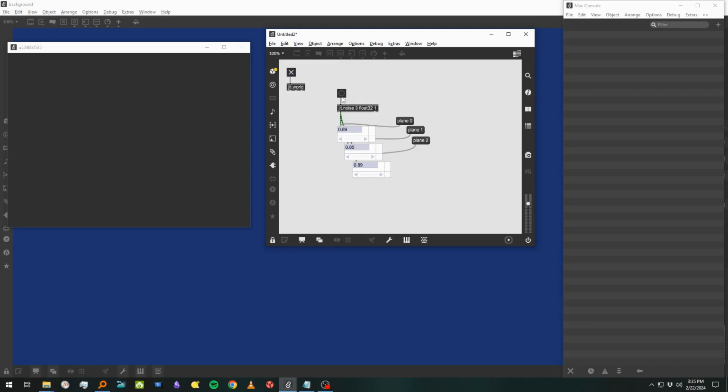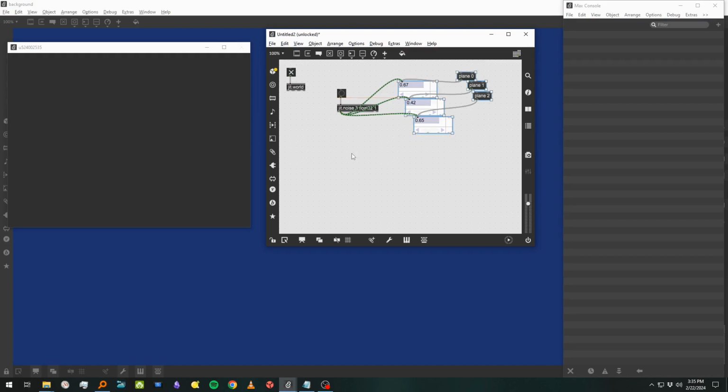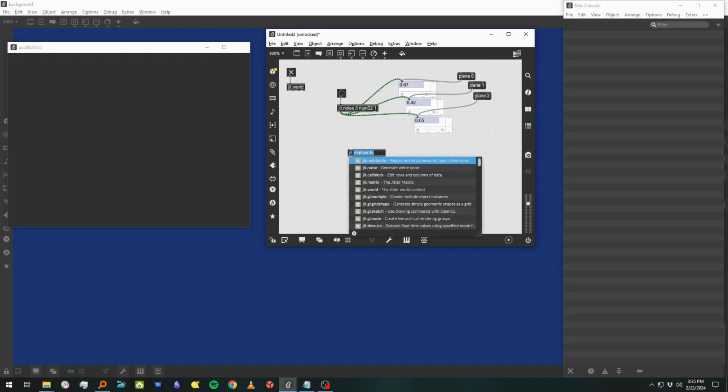Okay, and so now when you send a bang to jit.noise, you can see that it's generating 3 random values, 1 for each plane of this matrix. This is plane 0, plane 1, and plane 2. And once you understand that, then you can start using